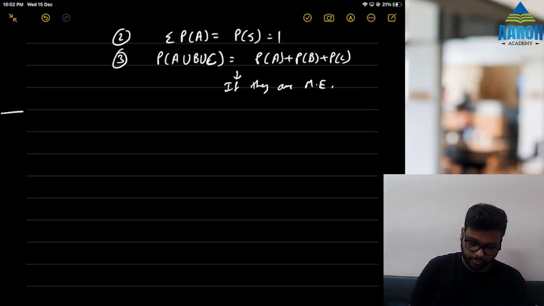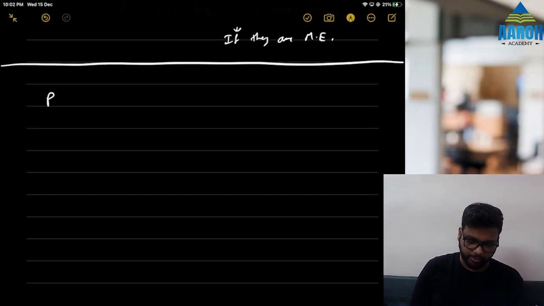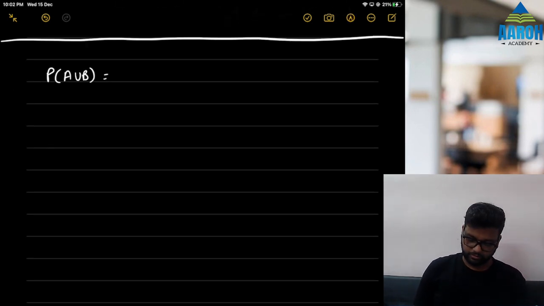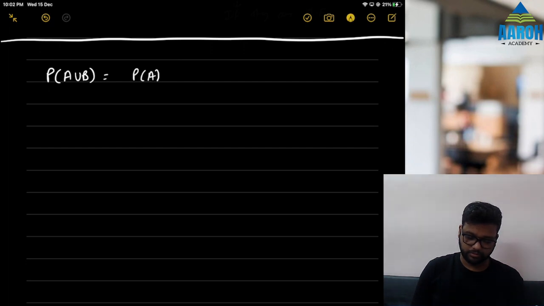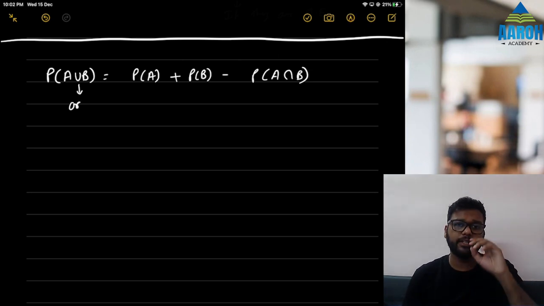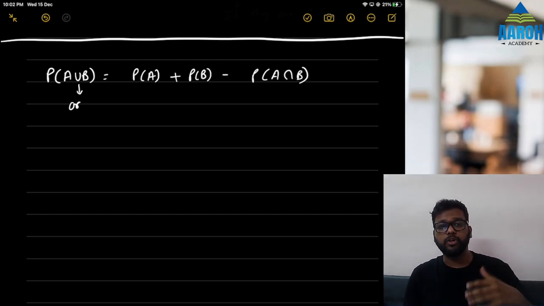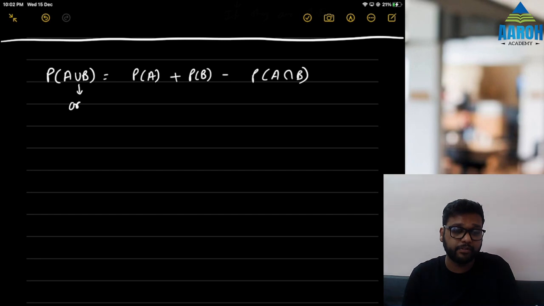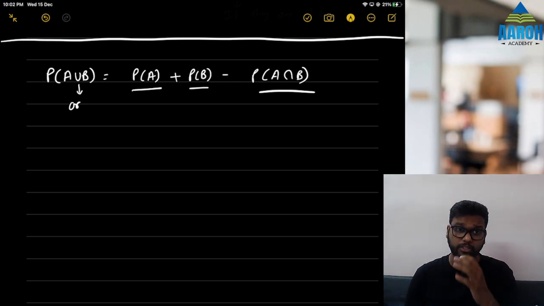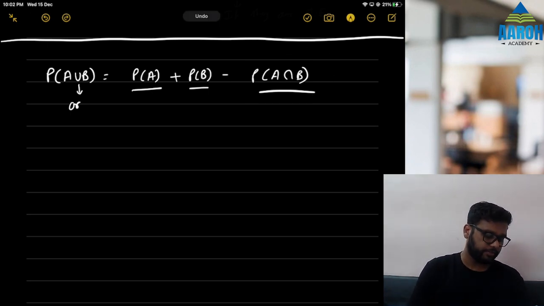After that, there are some formulas. If we want to calculate probability of A union B, then we can use the sets approach. And how can we calculate? n of A plus n of B minus n of A intersection B. Correct. So P of A plus P of B minus P of A intersection B. So understand union means or. If in a question they ask probability of this or this, probability that it will be a red or blue ball, white ball or pink ball, or it will be an even number or perfect square, then whenever it is or, remember that you have to add the two and subtract the intersection always. Don't forget about this. Fine.